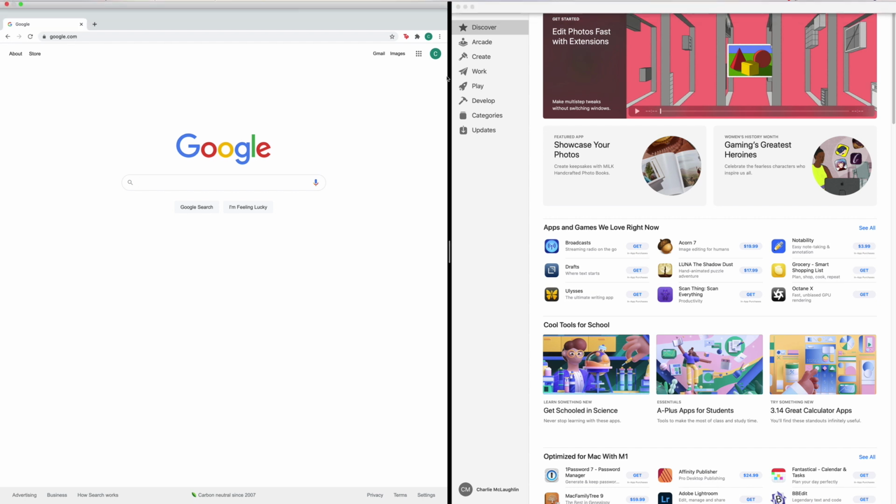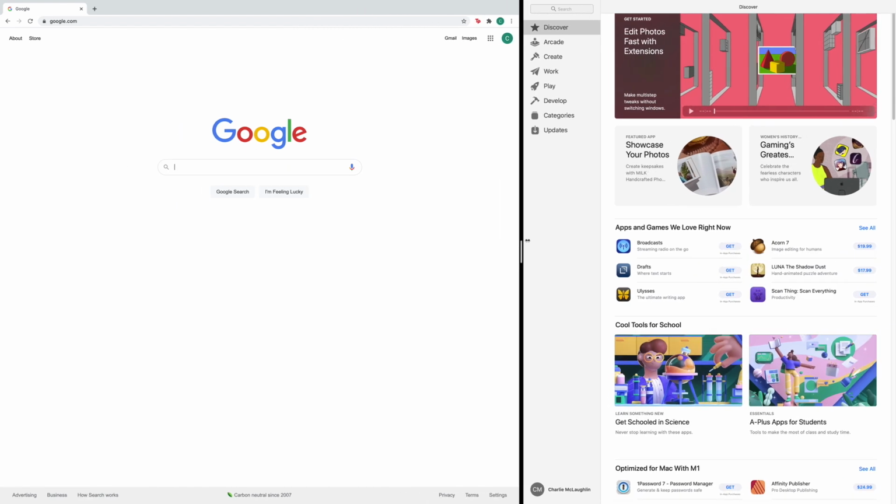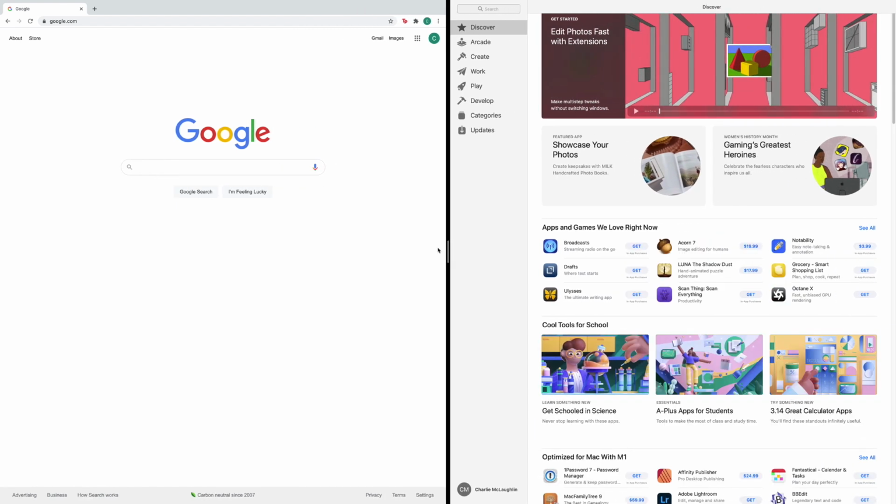Now there's a cursor in the middle here, which we can drag and change the size of these two different applications accordingly. The only limitation here is you can only run two applications simultaneously. You can't, say, split Chrome to fill one side of the screen and then run 3 or 4 applications on the right side. Right now it's just these two applications, but it's a great feature that's going to save you a lot of time, and it's going to allow you to set up your display screen more efficiently and effectively when you're trying to use two different applications at the same time.